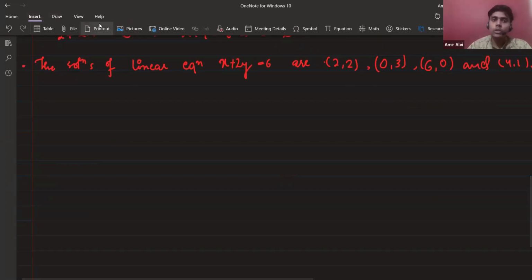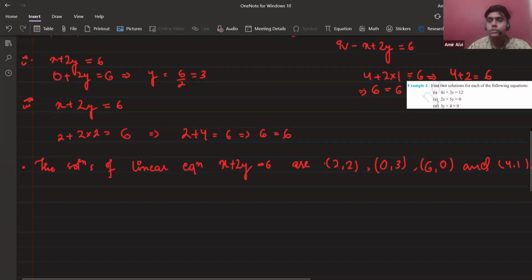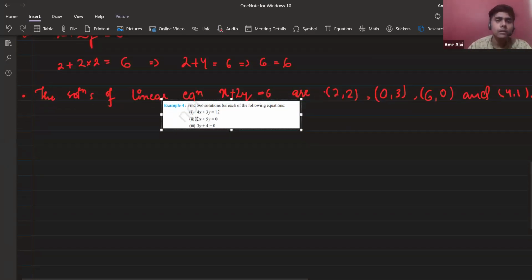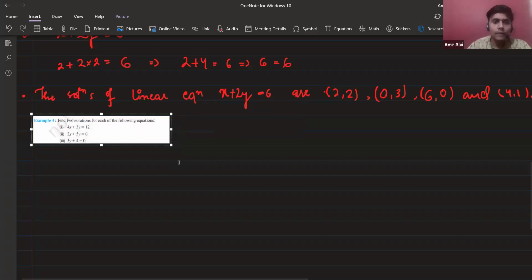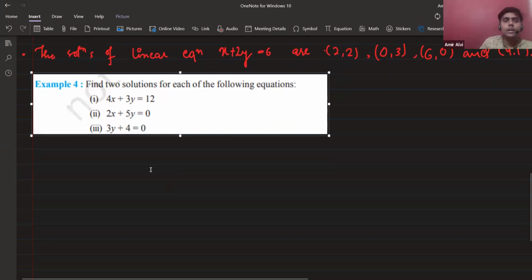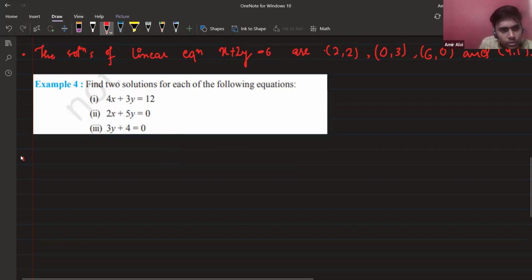Unless and until you practice or at least give the question a try, you are not going to understand what the question is saying, basically, what's the concept behind the question. You have to find out. I will solve the first one so that you can understand. First one is